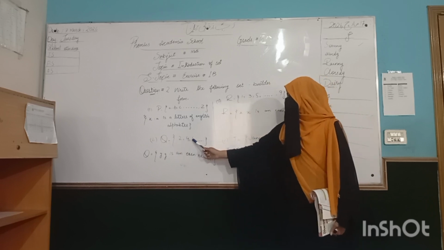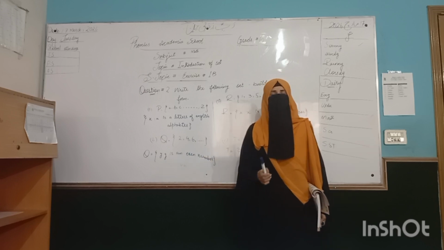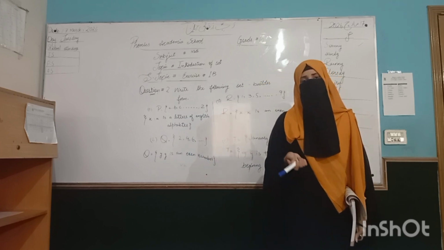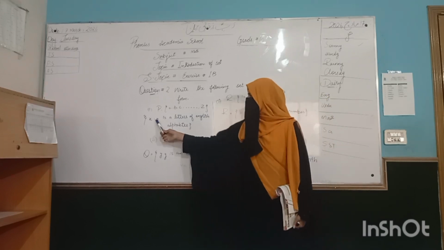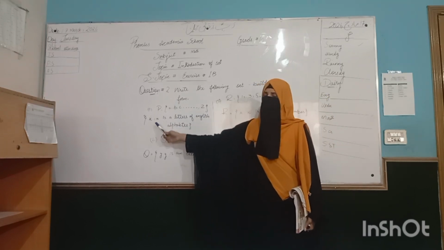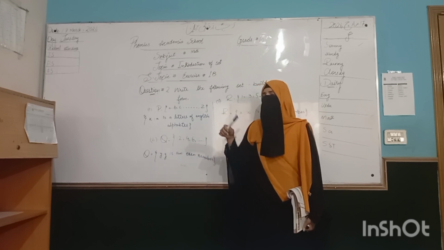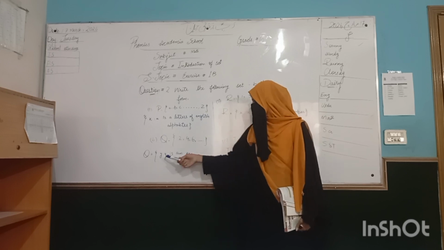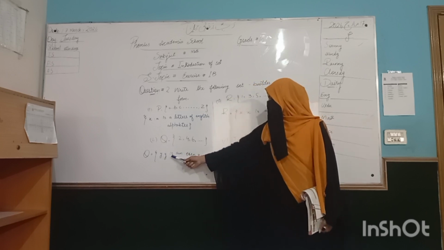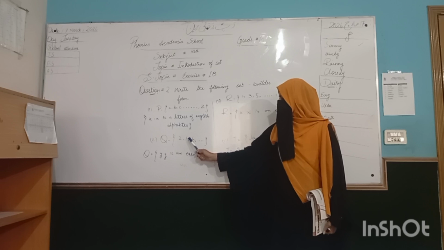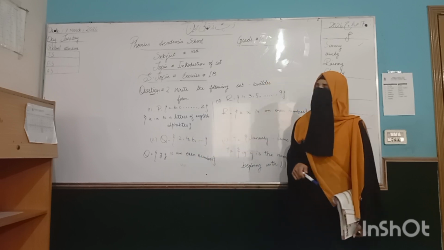Next, Q is equal to 2, 4, 6, 8 and so on. You know that 2, 4, 6 are even numbers, that is, numbers divisible by 2 with remainder 0. You can write x such that x, or you can also write y such that y, or p such that p; it depends on your symbol. So students, you must put the set builder sign between them. Then you write that x is an even number, because 2, 4, 6, 8 are even numbers that come in the table of 2 and their remainder is 0.